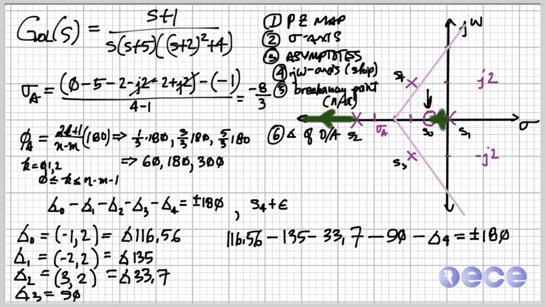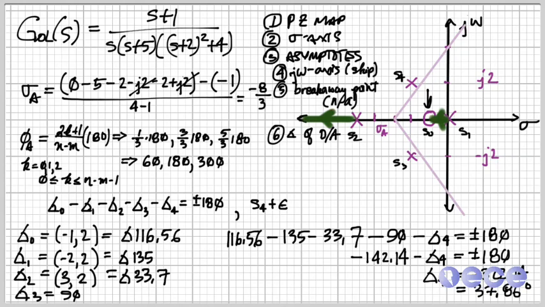We can isolate angle 4 on one side by first adding up these on the left: 116 minus 135 minus 33.7 minus 90. This works out to be minus 142.14 minus angle 4 equals plus or minus 180 degrees. So angle 4, if we move it to the other side and do a little bit of subtraction, is minus 322.14, or